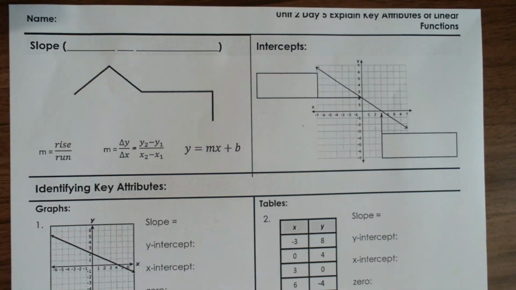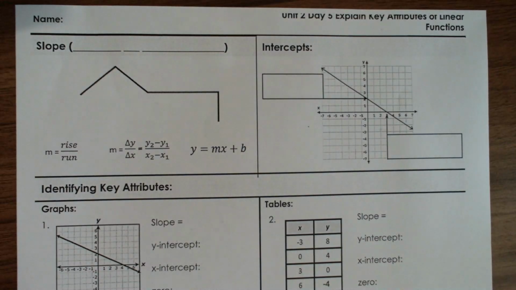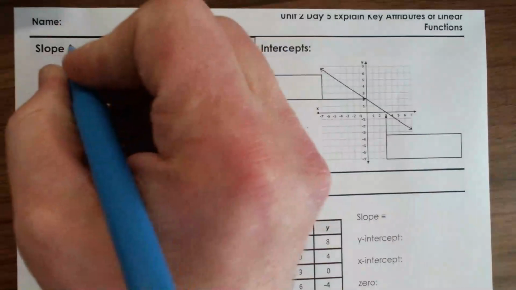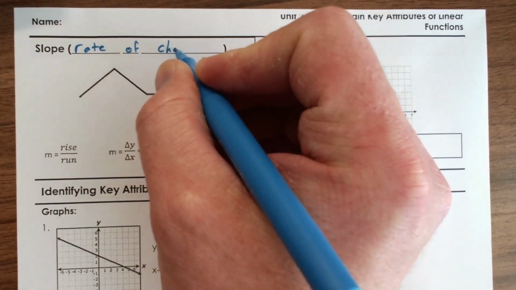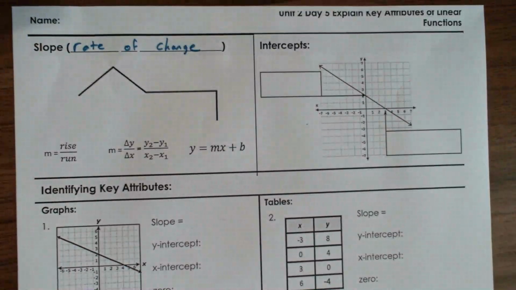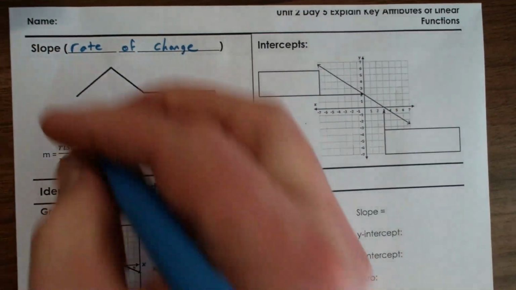All right, today we're looking at the key attributes for linear functions. So the first thing that we have to identify is the slope. And remember, slope is rate of change. Slope can be one of four states. It can either be positive,